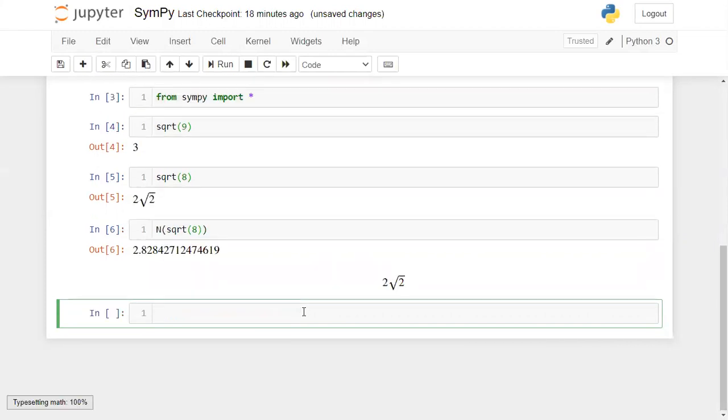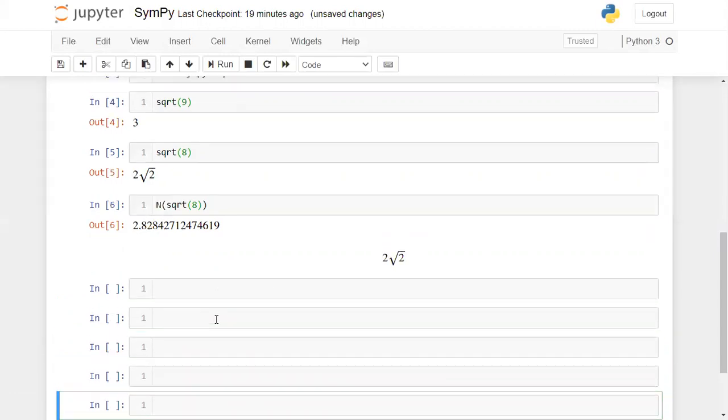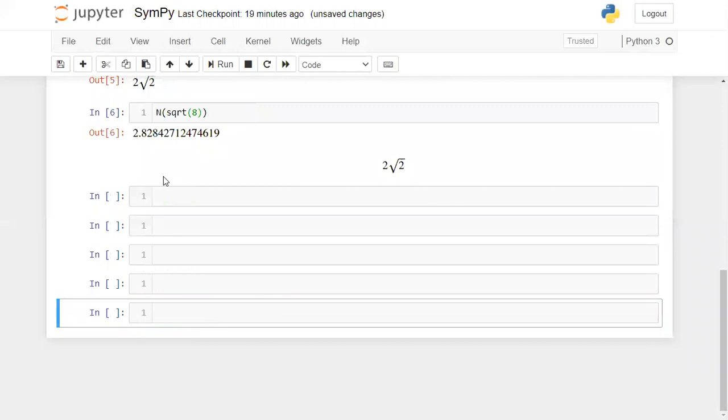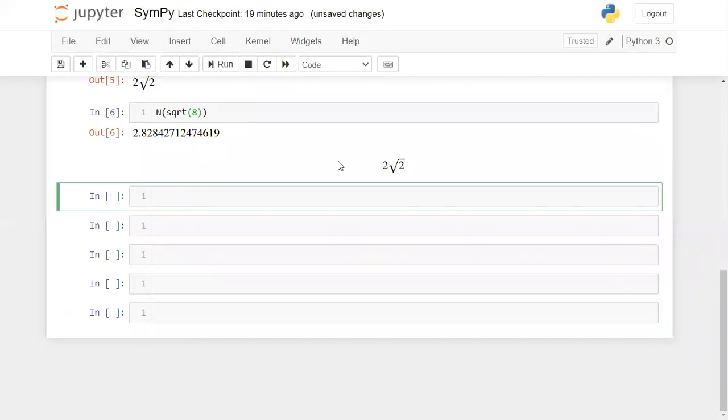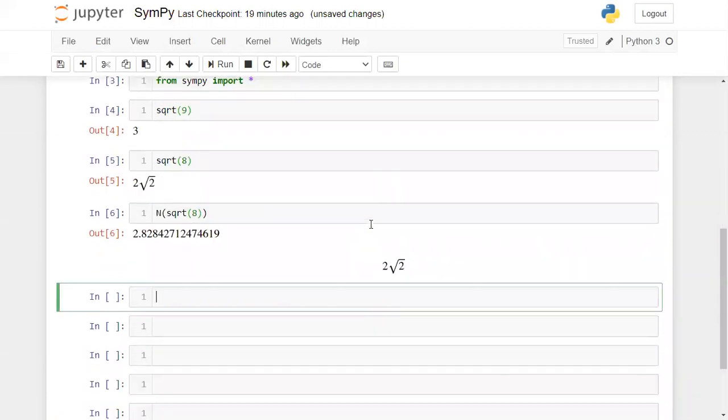This is for LaTeX representation. Can you see? Now in your markdown, it is represented as it is. So if you want to represent any mathematical representations in your markdowns, this is also useful in this way. This is nothing but the SymPy package. This is how we'll represent our symbols using the SymPy package.